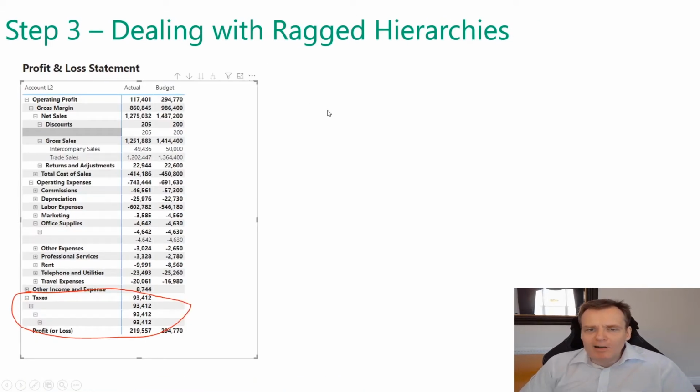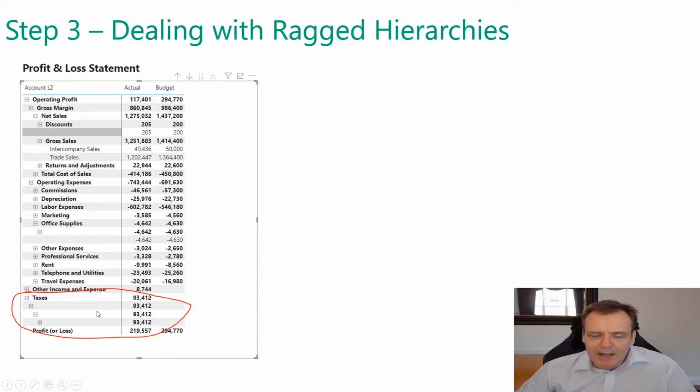The ragged hierarchy, right? You'll notice that the example in AdventureWorks is a 6-level hierarchy, but not everything is 6 levels. So if I look at taxes, for example, taxes just go in one code in AdventureWorks. There's no parent. It's just straight in at the kind of tax, which I think is level 2 in their hierarchy. So levels 3, 4, 5, and 6 are blank, and that means on the report I get this horrible